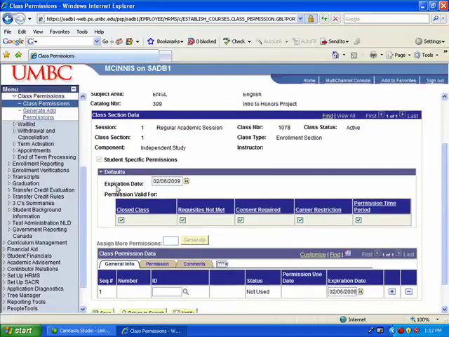And you can see here that I've got some defaults, and I just want to talk about those a little bit. Basically what this is saying is that this permission is valid for overriding or granting permission for the following scenarios. In this case, the most important one is consent required because it's a permission required course. But the way these defaults are checked off, my granting a permission here will also override the fact that the course is closed,